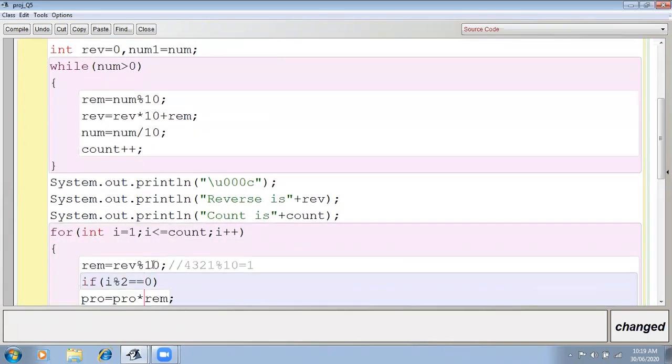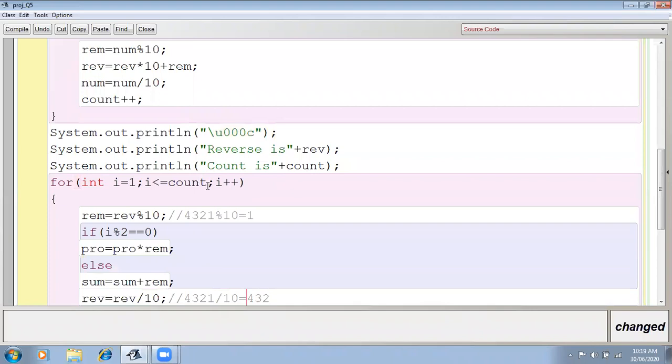Now, after it, this is just simply printing, because I want to show you the print of that, and these emojis are there. And the reverse number I want to print, and how many times the loop is executed, that also I am printing. If you want to print, then print. If you don't want to print, then you can comment that. Why did I do it? Because I want to check how many times I have to execute the loop. Till how many digits I'm having, till there only I have to execute the loop. That's why I'm executing this loop till the count.